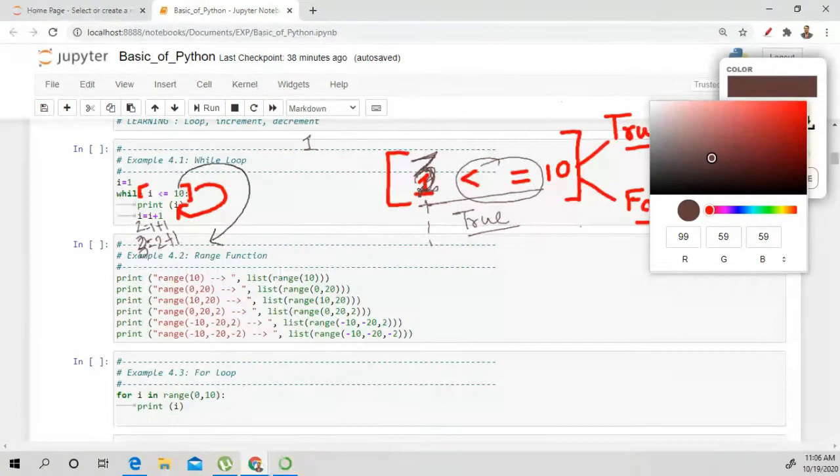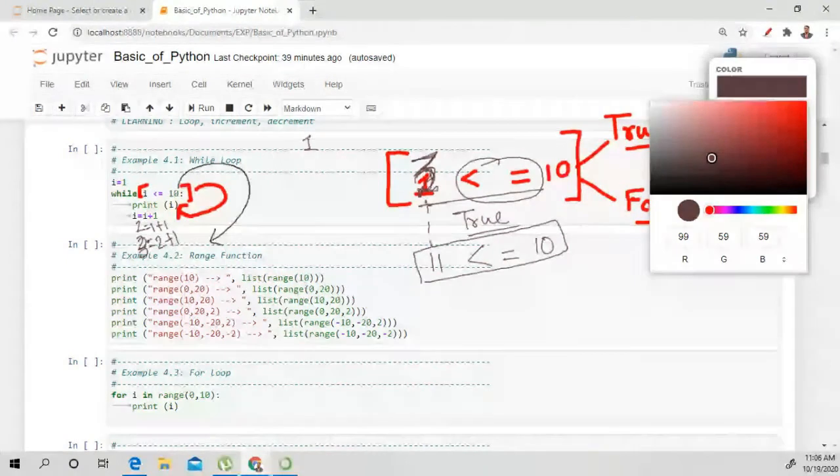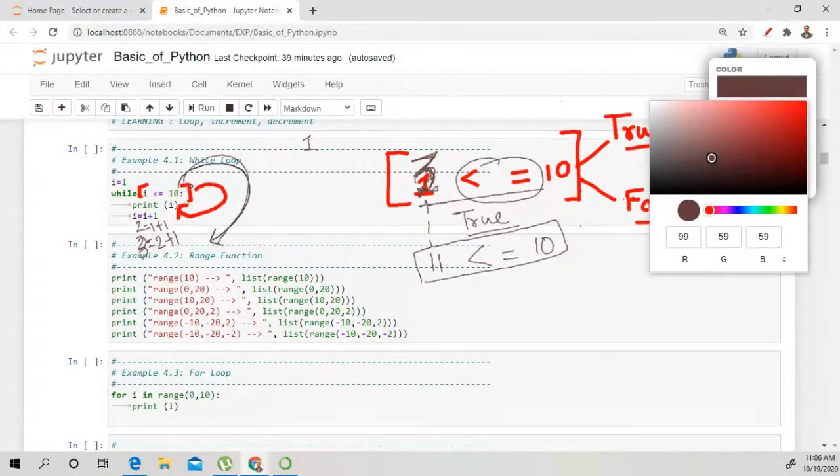This statement is going to be false when you give any number which is greater than the value of 10. So when this value 11 comes, then this statement is going to be false. When this statement is false, then the control comes out of the loop.